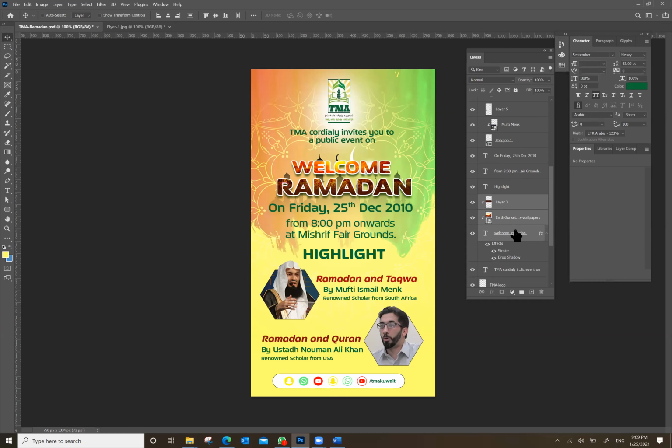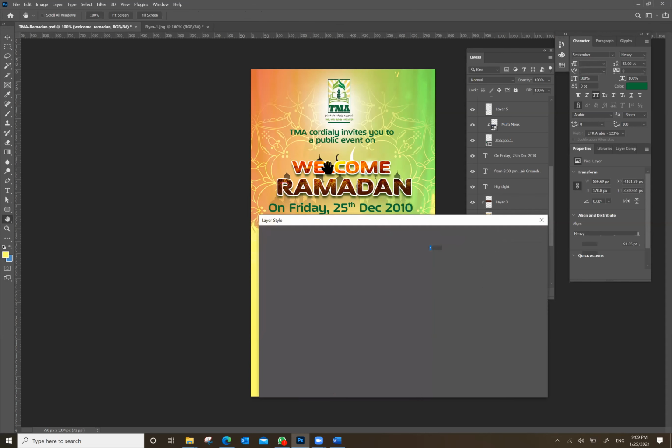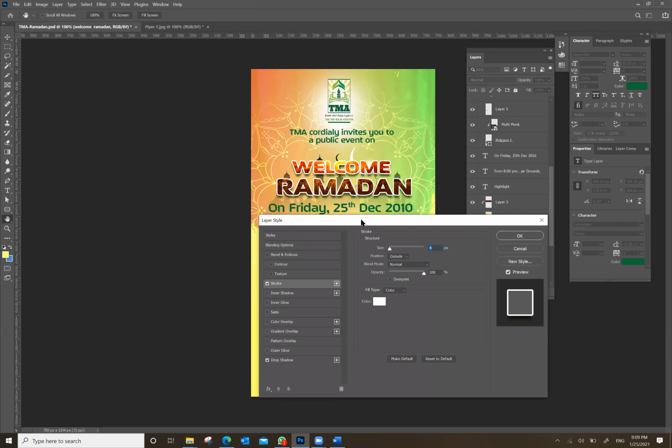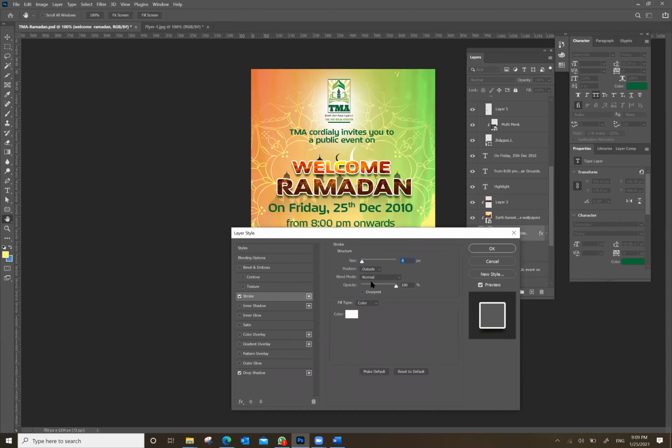For example, if I hide the stroke, how can I hide the stroke effect? Just to see, there is the eye icon here. See, without stroke, it looks very dull and not user friendly. With one simple stroke, your design looks amazing. Okay, and if I double click the stroke, it will directly take me to the editing mode of the stroke features.